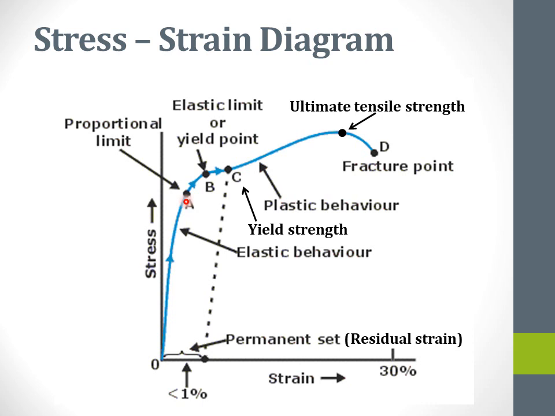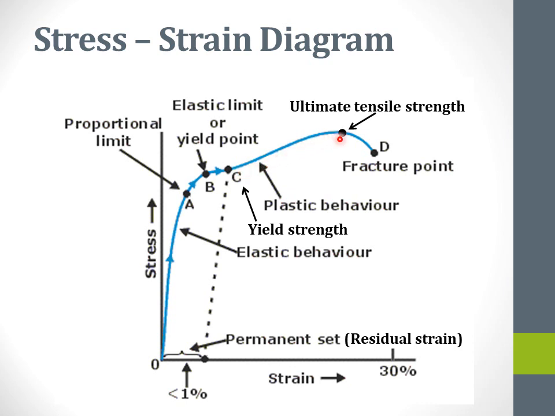As soon as the maximum elastic limit or yield point B is reached, the strain increases more rapidly than the stress. At this stage, the body remains partly elastic and partly plastic. This is region BC, where we have partial elastic as well as partial plastic behavior. Now, even if a small external force is applied, the body will take a new path